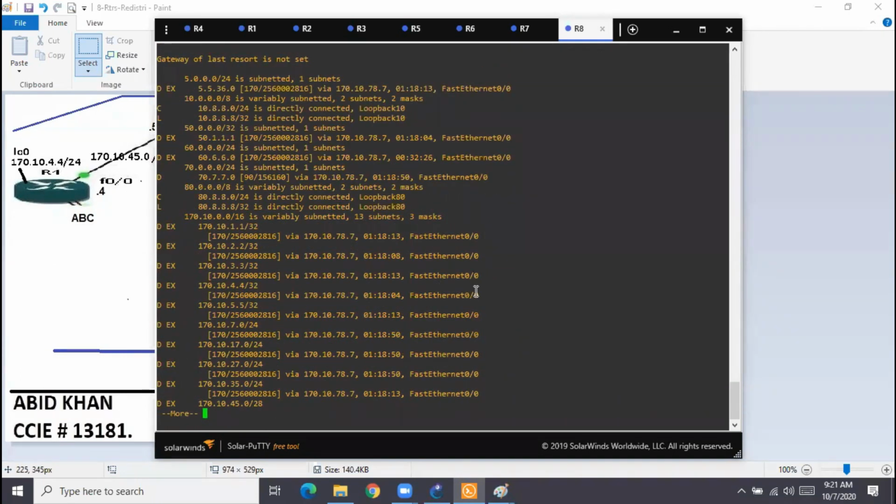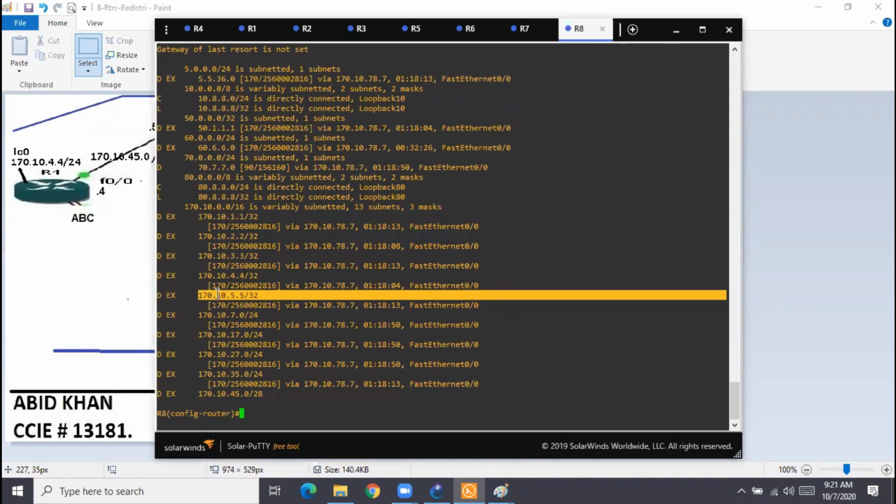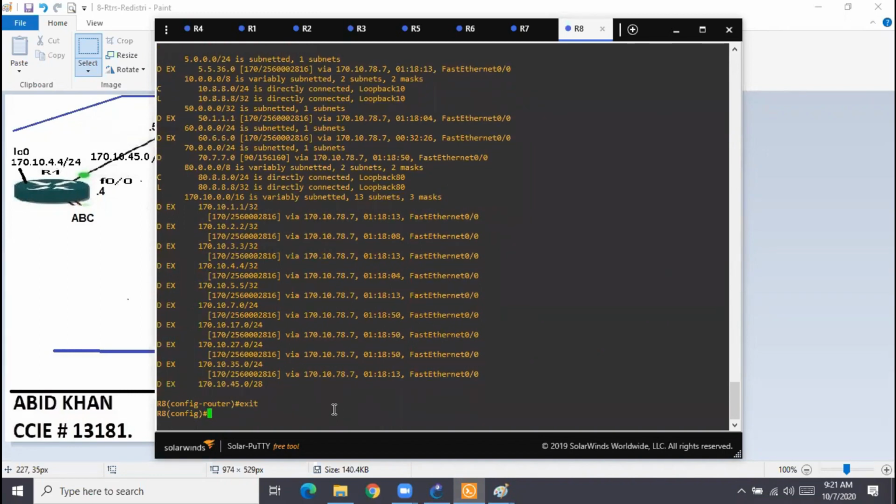Did anything happen? Nothing. You see, nothing happened. 50 is still there, 170 is still there. Why? Because those two routes which I am interested in are still only in my mind. The router does not know what I want to do with these routes. So now what I need to do is define the access list. Distribute-list can do the filtering based on what? Access list. Whatever the access list permits, distribute-list will permit, and whatever the access list denies, distribute-list will deny. So what was the requirement?